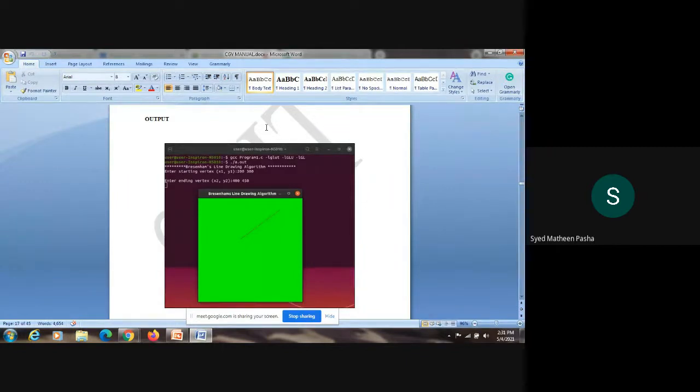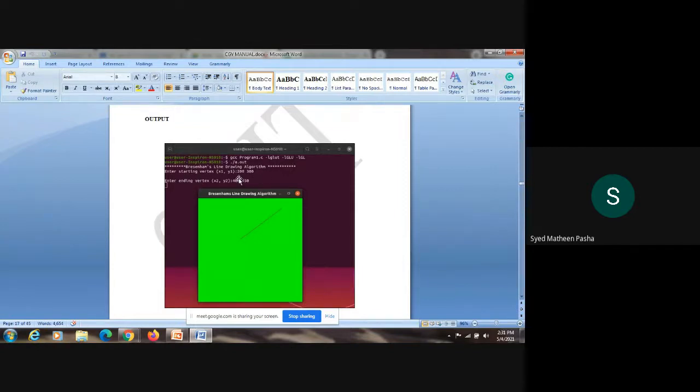Once the void display function is done, if there are no errors in that, it won't show any errors. If there are errors with respect to some libraries, those errors are displayed here once the compilation is done. After the compilation is done, if you want to check the output, you will execute this command. After doing this, as I told, first the printf statement is done, once the main function